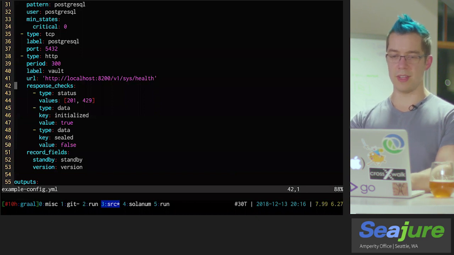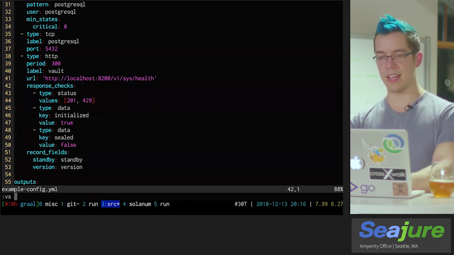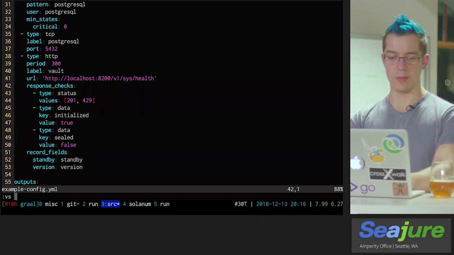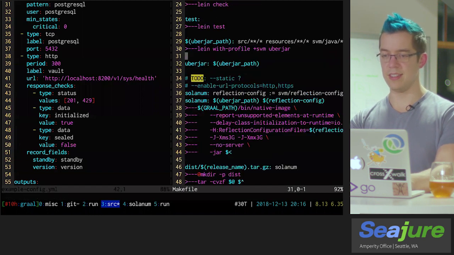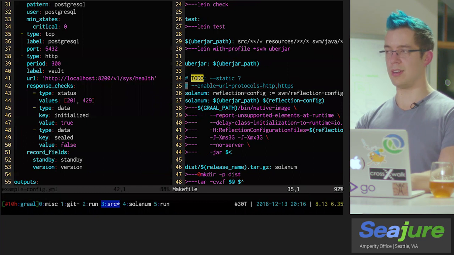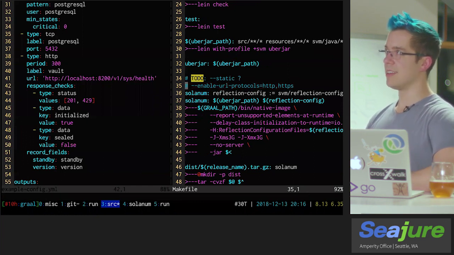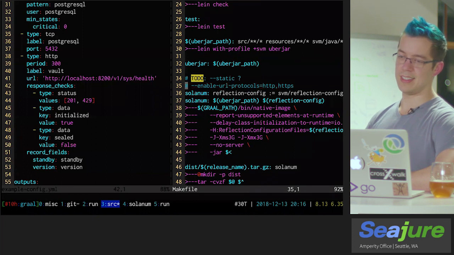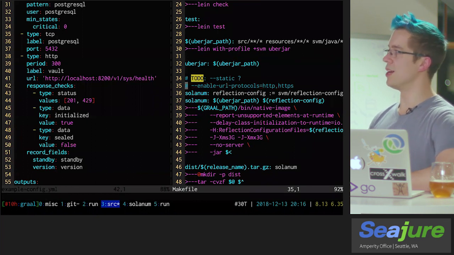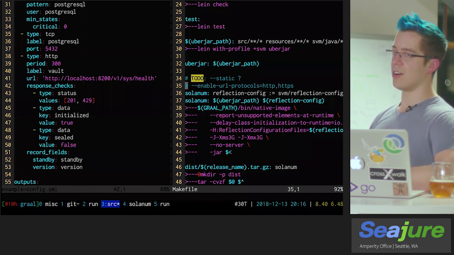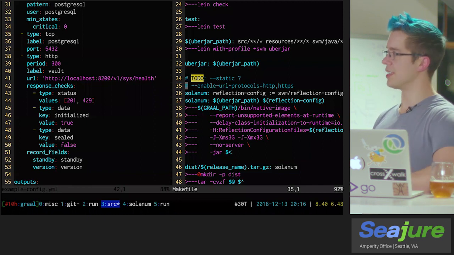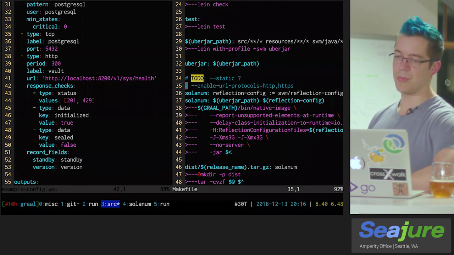The problem is in the native image, this didn't work when I tried to do it. And it turns out that due to the way the JVM or Java handles URLs and URL protocols, you actually wind up needing to explicitly tell Graal to enable those protocols in the resulting image. And this was pretty surprising to me, especially because I figured HTTP would be a pretty supported one. But especially for things like the SSL engine, apparently Graal will just omit all of that code from the resulting native image unless you say ahead of time that you need it.